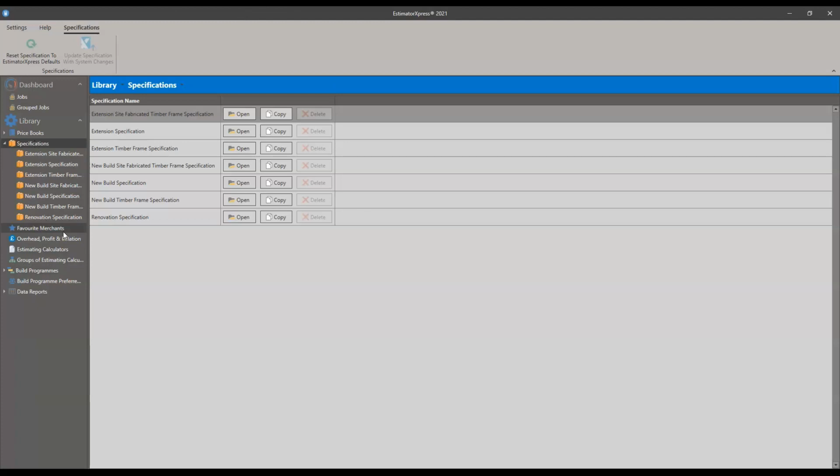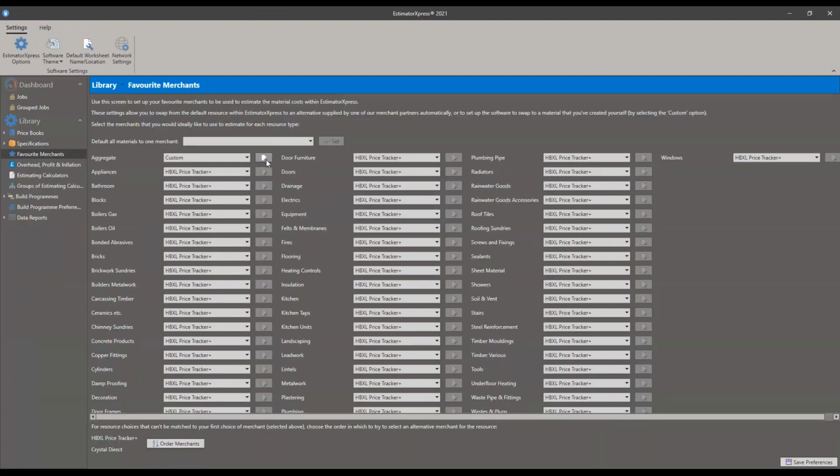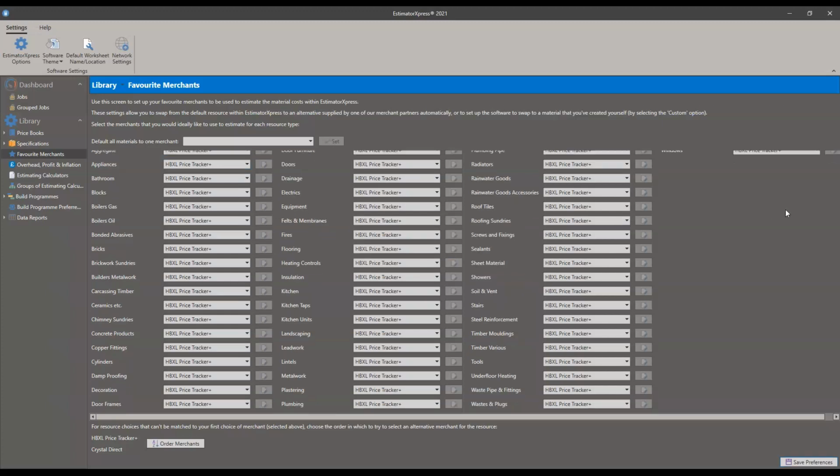I go back to my favorite merchants and just make sure I set that back to price tracker and save those preferences, to save myself any future embarrassment. Final note on this section as well